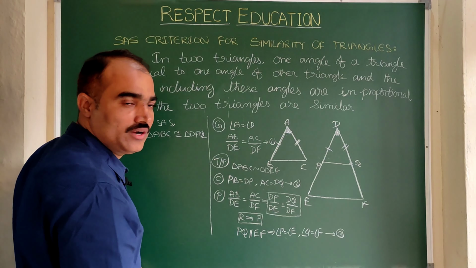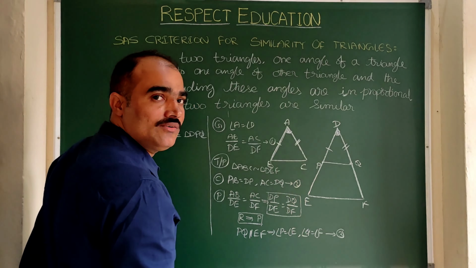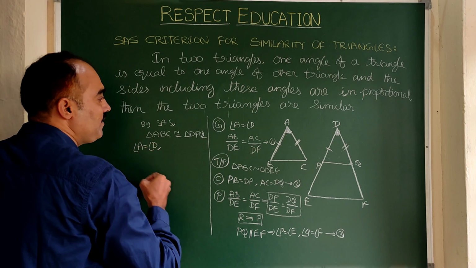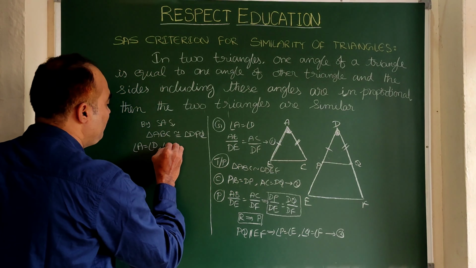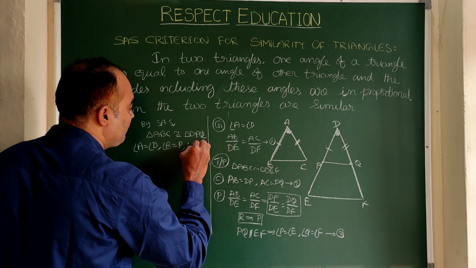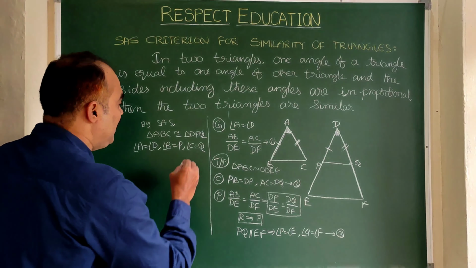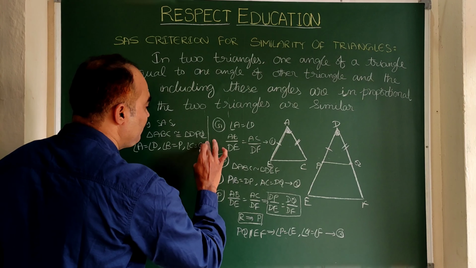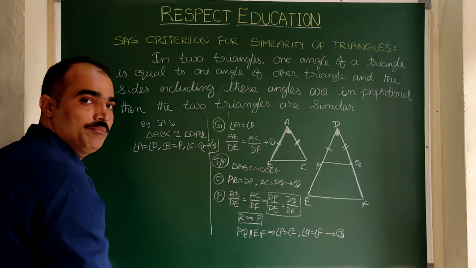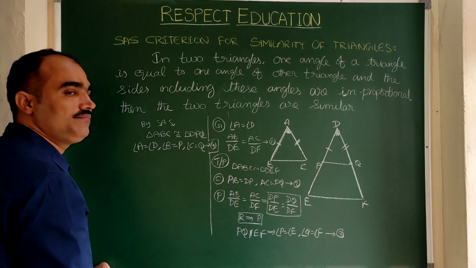When two triangles are congruent, their corresponding angles are equal. So here we can say angle A equal to angle D, angle B equal to angle P, and angle C is equal to angle Q. Now let us take it as equation number 4. Now you compare 3 and 4.